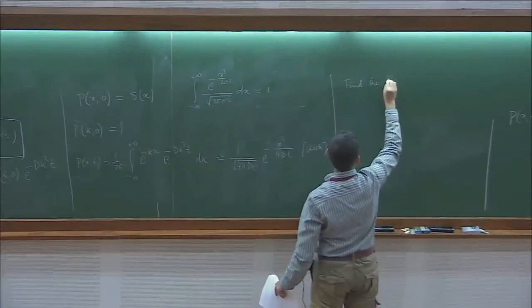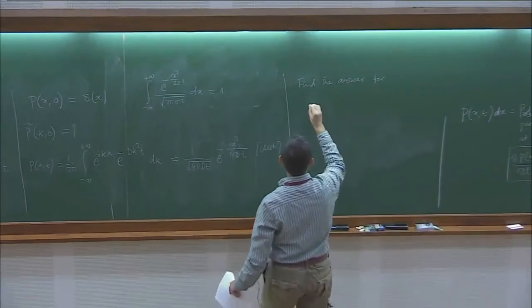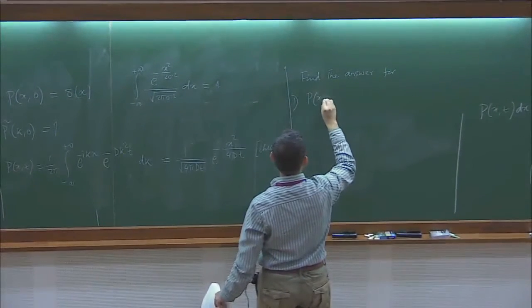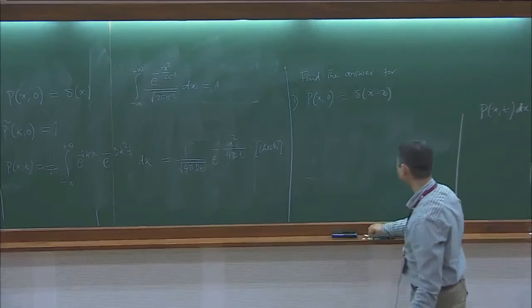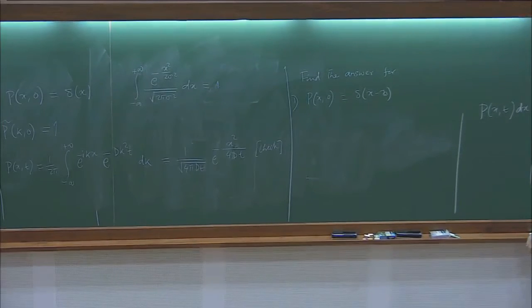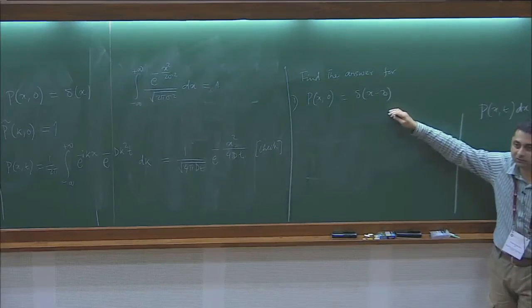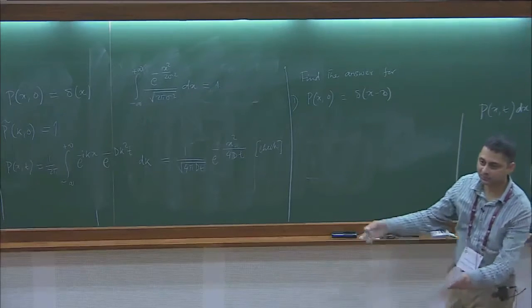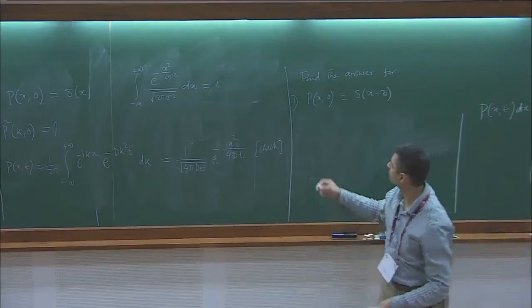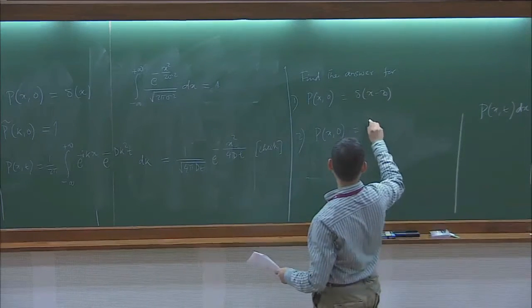find the answer for, let's say, p of x0 equal to delta of x minus x0. So what do you expect? Since you know this answer, if this is the initial condition, what will be the answer? It's just that I have shifted the origin, so it will be x minus x naught. But in general, if I have some other initial condition p of x0, let's call it some p0 of x,